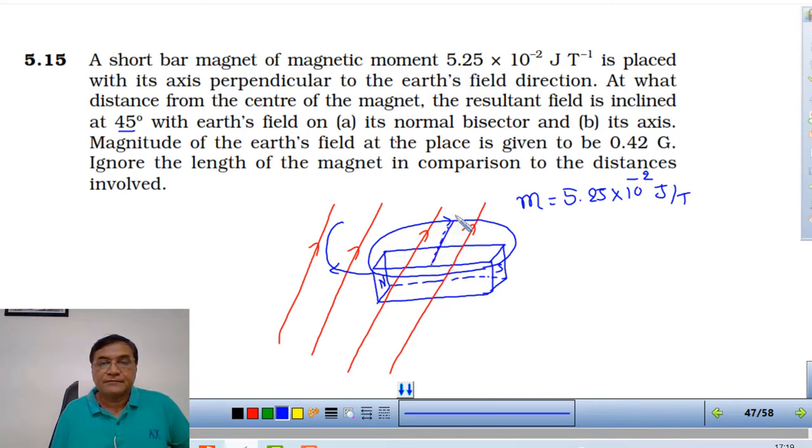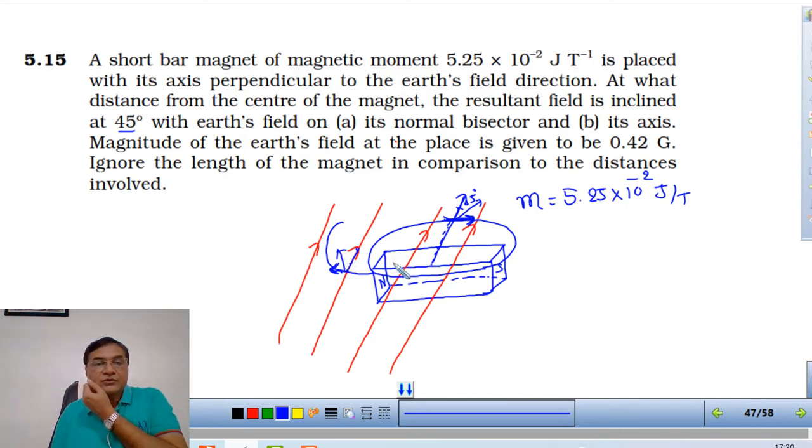Okay, this is the bisector. So this is Earth's magnetic field, and this is the magnetic field of the magnet, and this is Earth's magnetic field. If both are equal, the resultant is here. So if both are equal, then you will get the 45 degree. Similarly here also, this is the magnetic field of the magnet, this is Earth's magnetic field, both are equal, then this is 45